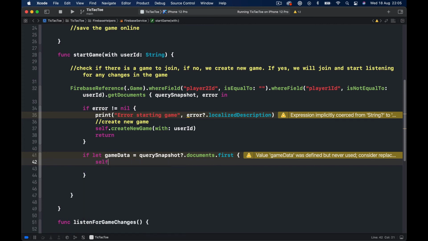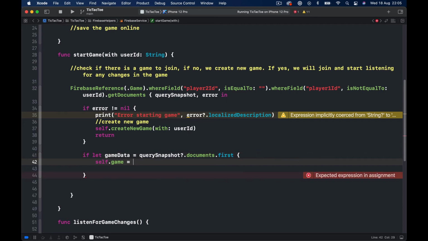So we say self.game equals, and in order to decode our JSON into a game object, it may throw an error, so we need to put it in a try block. So we say try question mark, and then I will access my game data,